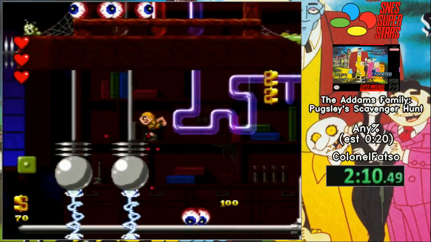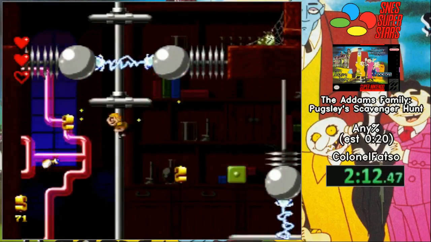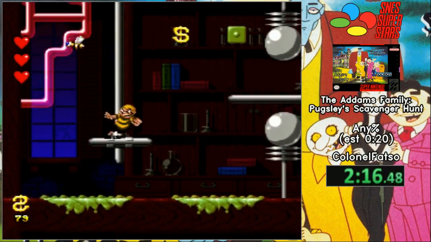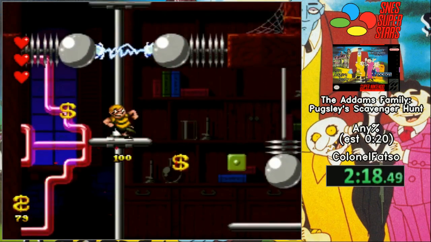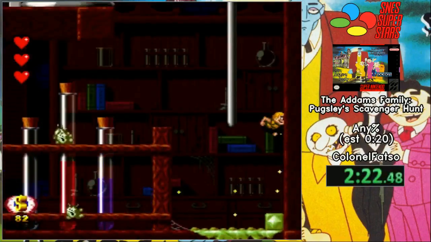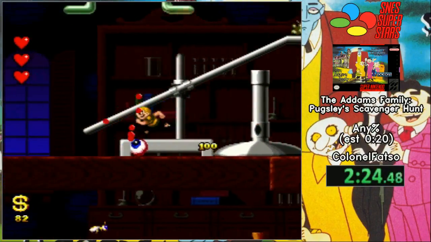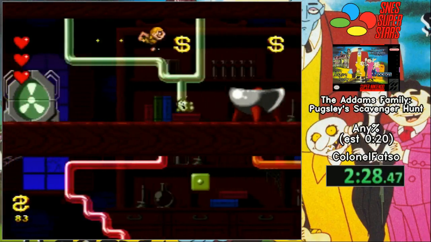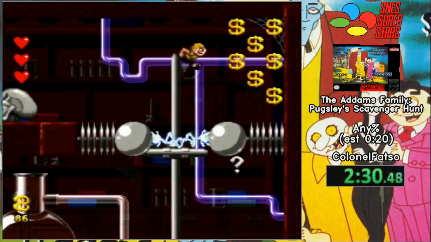So I guess this is a new strat. Whoops, I didn't quite get it. But we actually have a new runner recently. He hasn't finished our run yet. He's just started learning the game, but he's already found major improvements in the 3 stages that he's learned out of 6. His name's Coughing Guy,